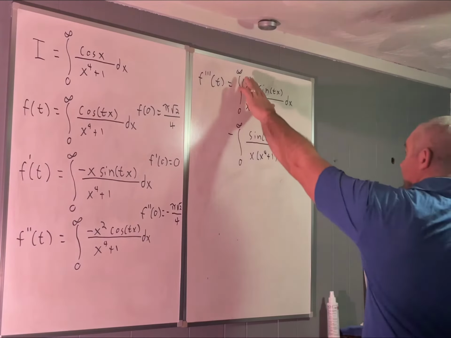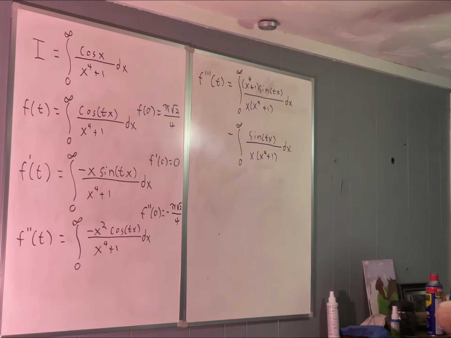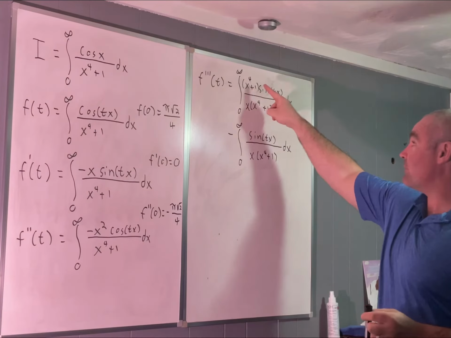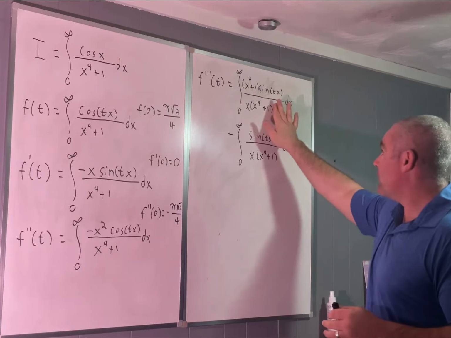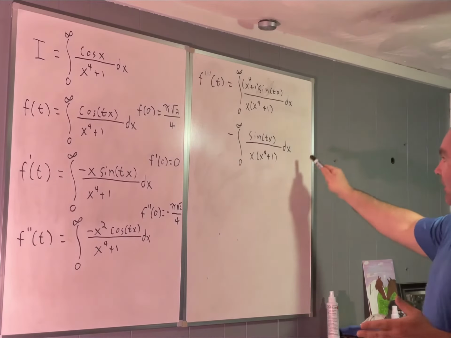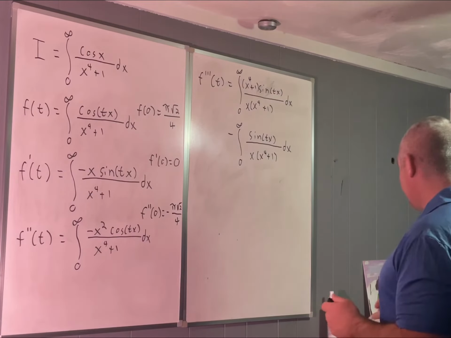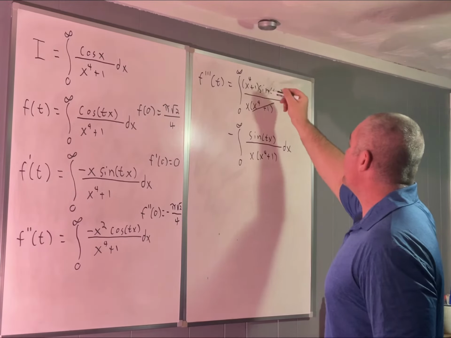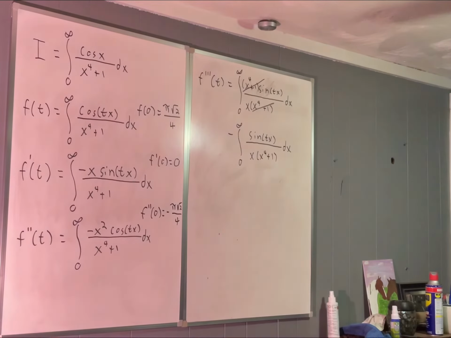Multiply the top and the bottom by x, giving us x to the fourth times sine tx over x times x to the fourth plus 1 dx. Then we introduced this plus 1, which had the effect of adding this over this to the entire integral. Therefore, we have to subtract it off to keep things equivalent. And now, you'll notice something nice. This will cancel with this, and we're just left with the integral from 0 to infinity of sine